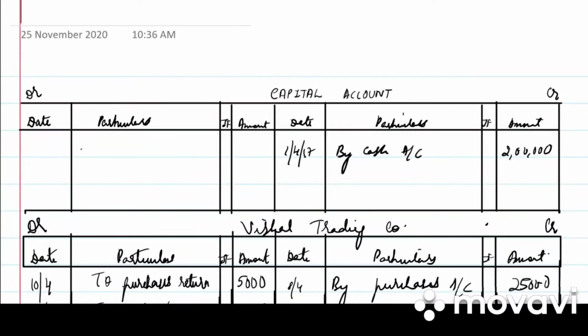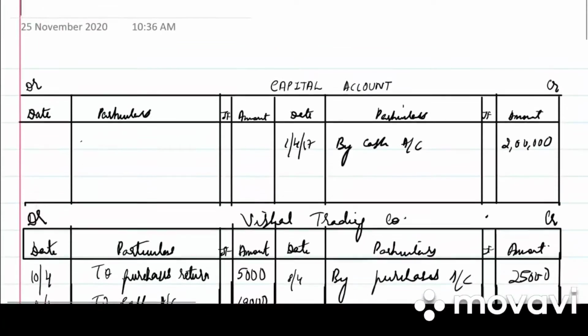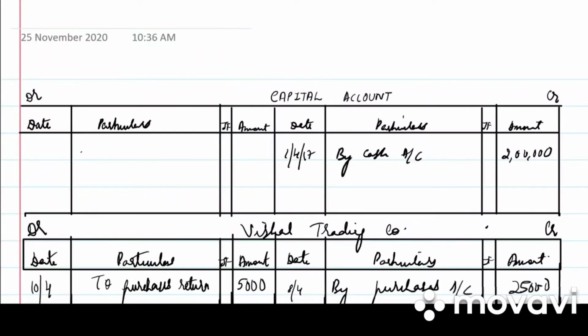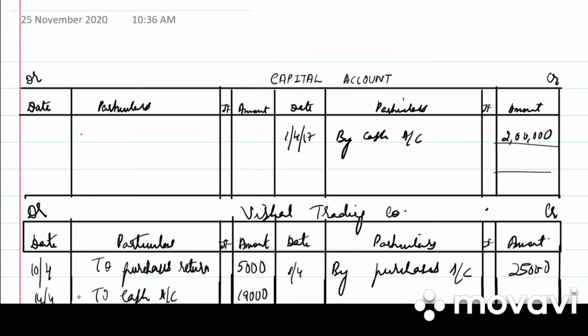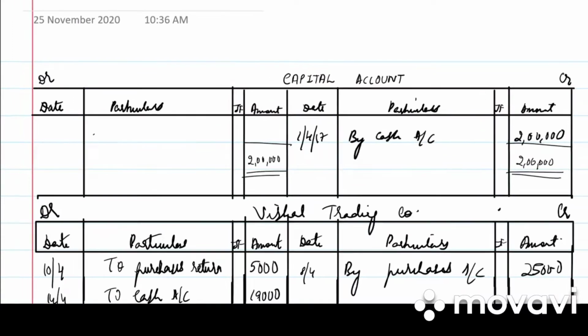This is the same as yesterday's problem, where I had shown you how we post it into the ledger accounts. Today I will show you how we balance each of the ledger accounts. So which side is more over here? Credit side. So this 2 lakh will be written on both the sides as 2 lakh. Then